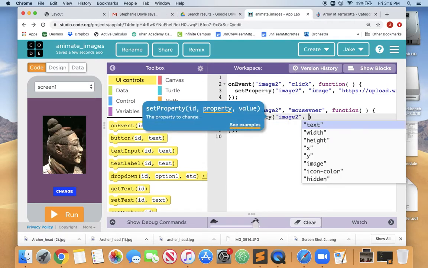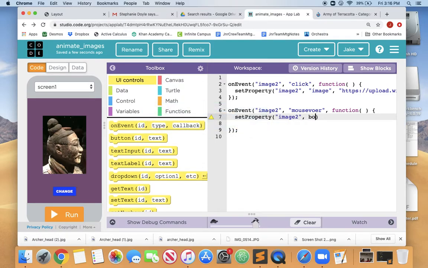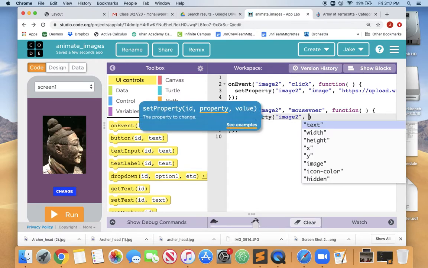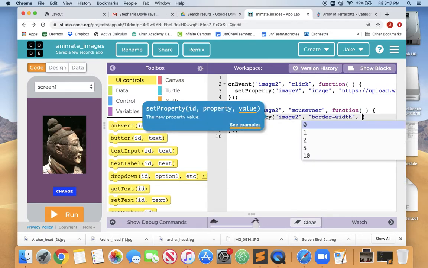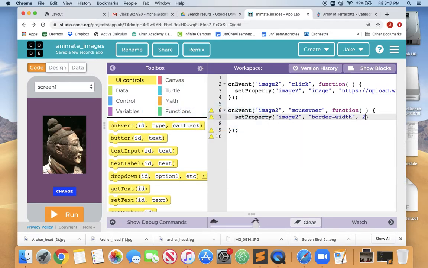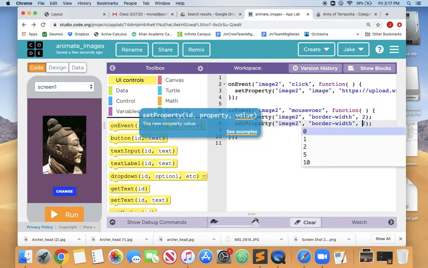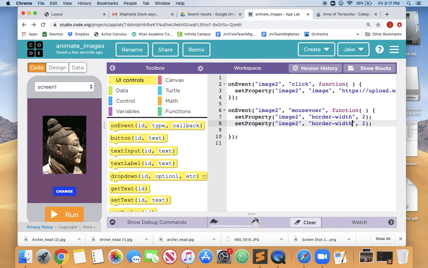We can set the border width, and let's just use our code completion here. We can set the border width of image 2, and that's just going to be a number of pixels. So let's make it a kind of thin border of 2 pixels. And we can also change the border color. Right now it's clickable, but our user has no way of knowing it's clickable. And so if we change the border color,